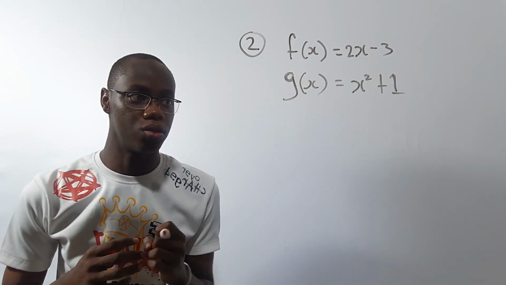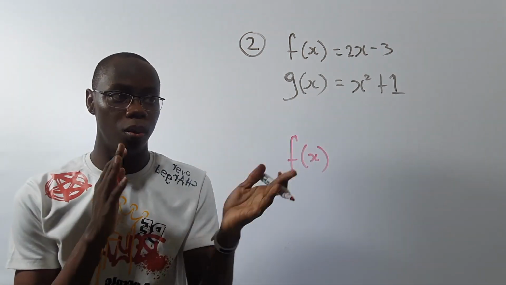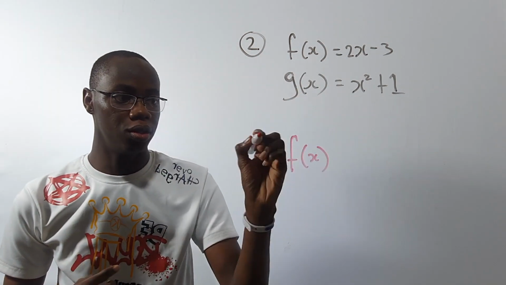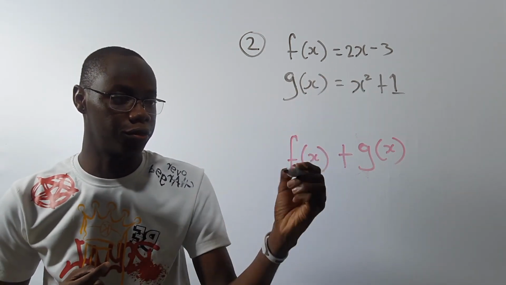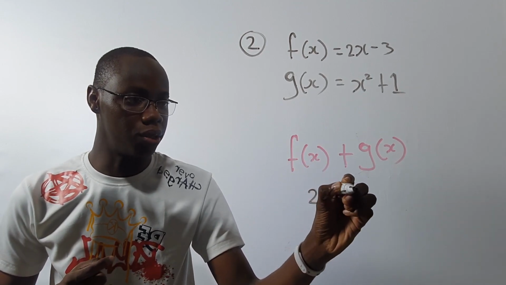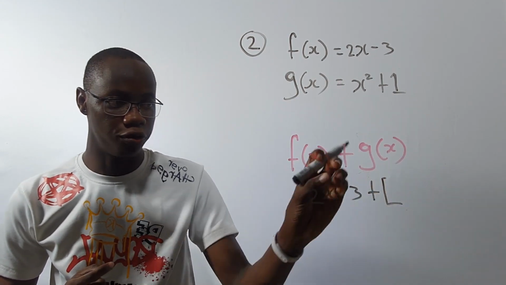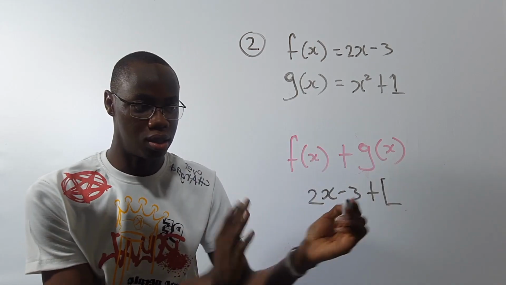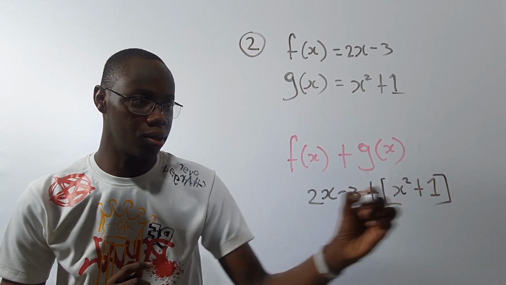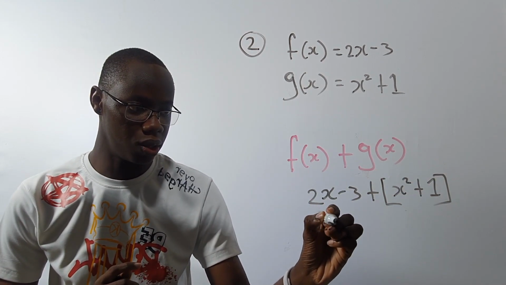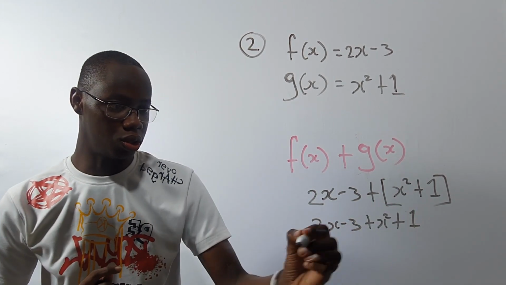So you might see a question like this too. This one is on continuity. We don't really talk much about this one because this one is just basic algebra. They might ask you to multiply them, add them, whatever. All you need to do is just use normal algebra. So very easy. All you need to do is just add them. So just bring out f of x, which is 2x minus 3, and then add plus the whole thing, don't always forget this sign, and then put everything in brackets, meaning that the addition is affecting the whole thing, plus 1, like this, and then distribute the positive, open the bracket, 2x minus 3 plus x squared plus 1, and then you can just solve like this.